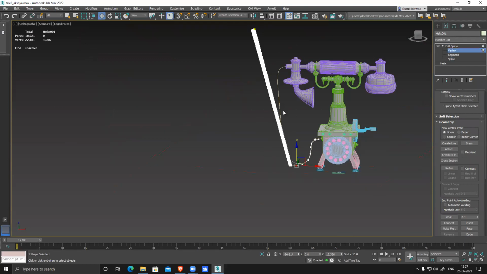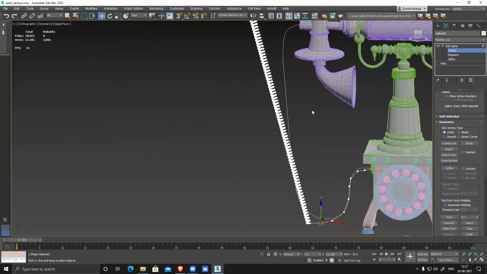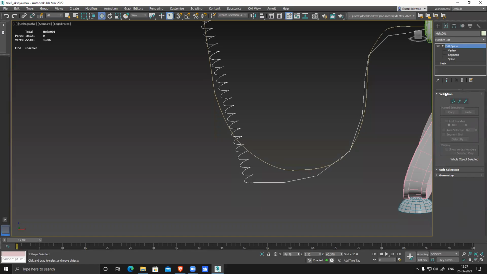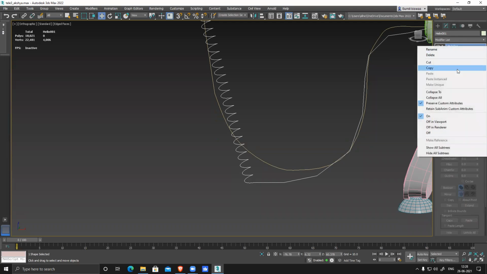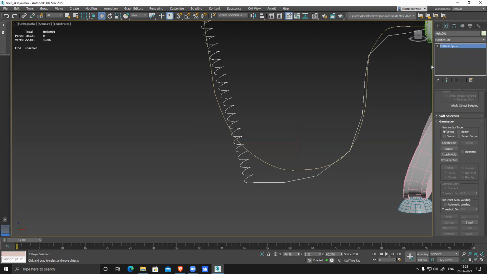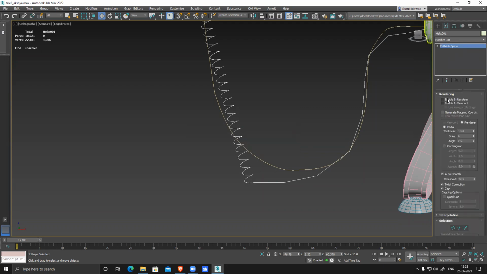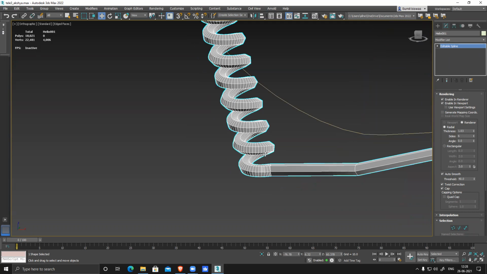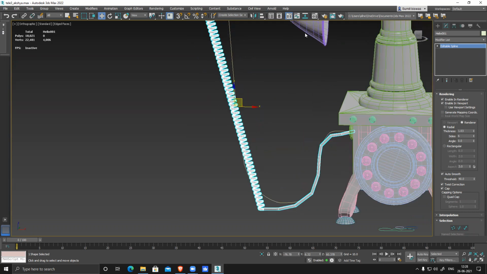Similar way. So you have created 100 turns. Instead of that, you could have created like 50 or 60 turns. And like this, extend the vertex, apply an edit spline. Once you do that, you can just simply go to this thing. The basic shape is ready. Collapse all. Yes, it becomes spline only. Rendering, I can enable my rendering. So it will create this shape. The more polygons you add here, the smoother it is. So this is way too dense as of now. Like this, you just create a helix and then create the shape. That will make your life way easier.